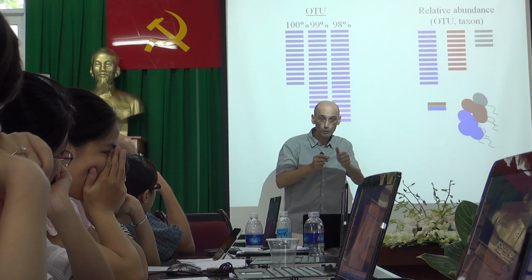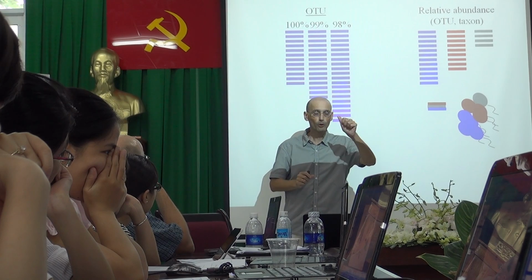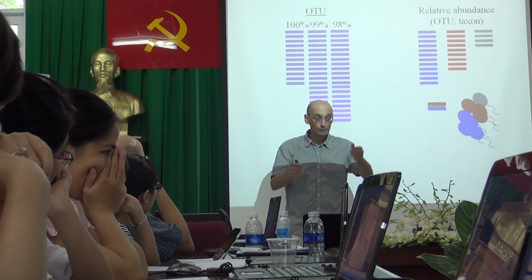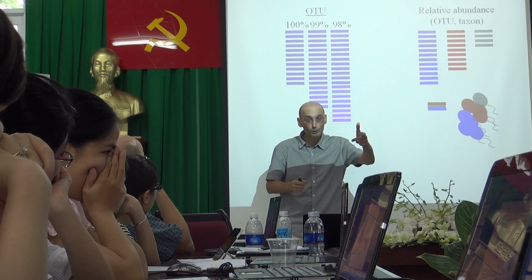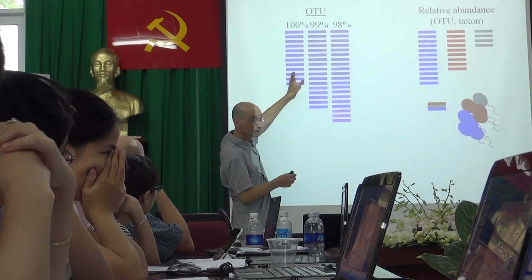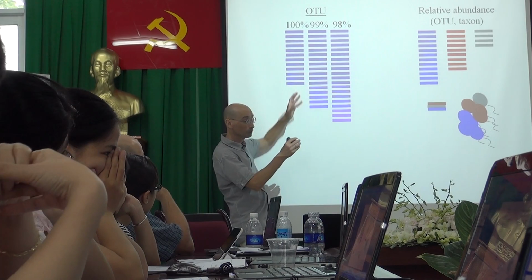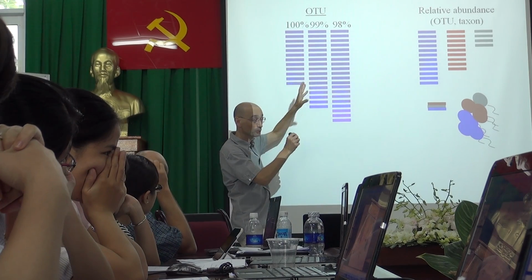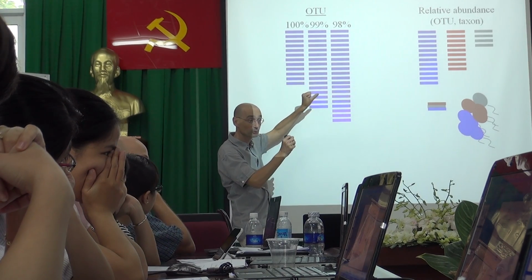Right? If you want to be very precise and say, oh, I want to see in the blue the dark blue, the medium blue, and the light blue, then you have to be more stringent. 100% will be only the 100% of the dark blue, and 100% of the medium blue, and 100% of the